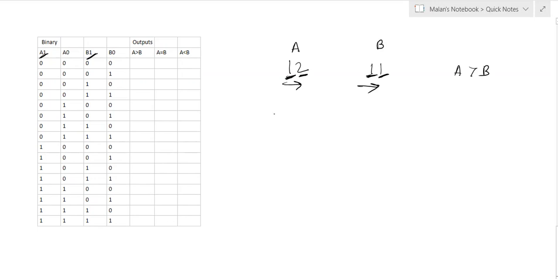Clear? Now similarly, let's take a number 1234 for A and let's say 1237 for B. Now I want to perform the comparison operation. First the MSB is going to be compared. Both are equal, so the comparison will be shifted to the next significant digit. Now 2 is compared. Again both the significant digits are equal, so the comparison is shifted to the next significant digit.